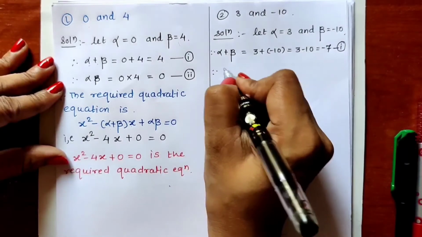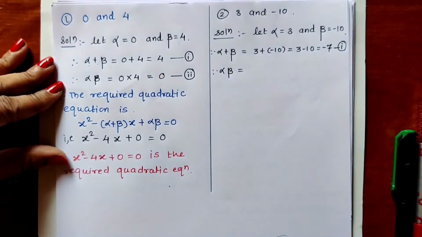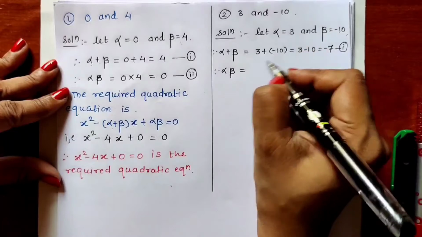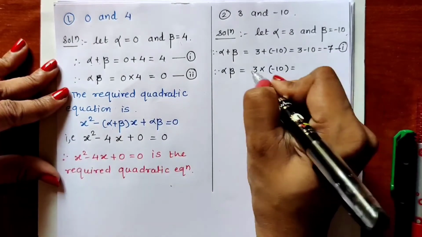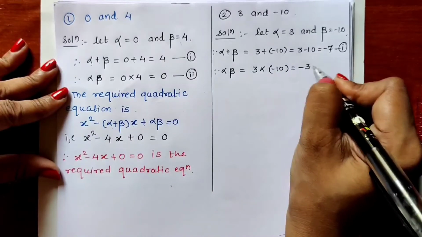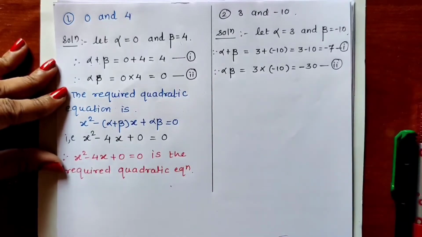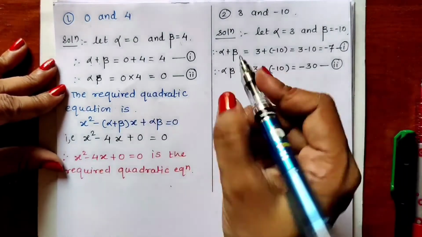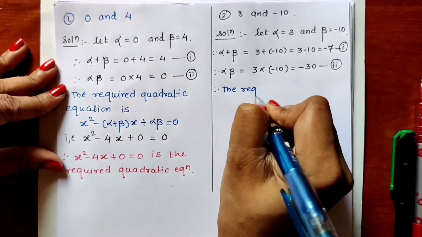Now alpha into beta we will find out. Alpha beta is equal to alpha is 3 into beta is minus 10. 3 into minus, the sign will be minus. 3 times 10 are 30. Minus 30 we will get. Okay. Now therefore write the quadratic equation. Therefore the required quadratic equation is